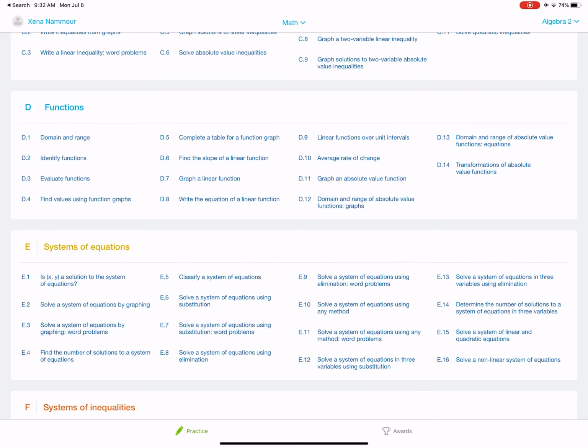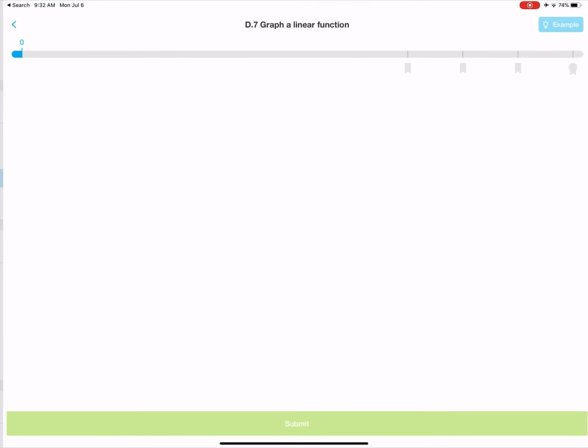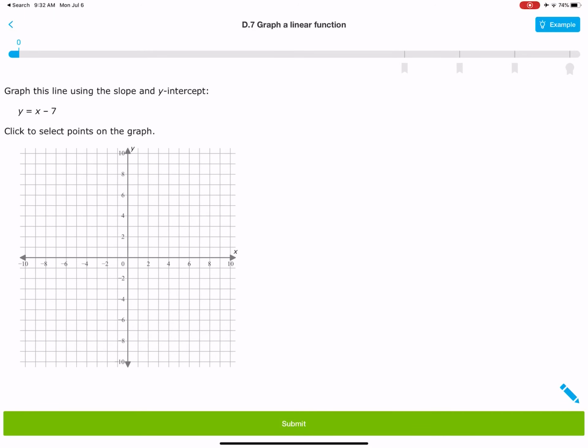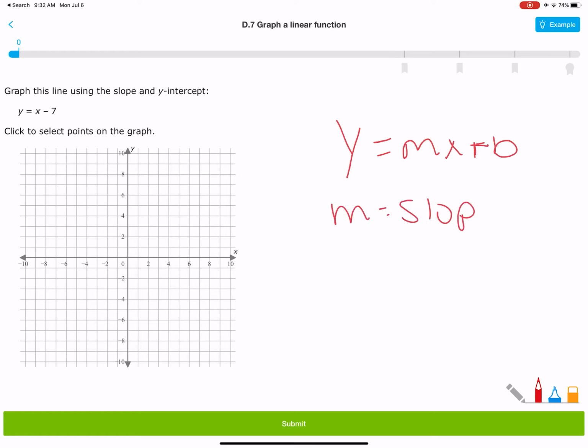Okay guys, so now we are going to complete D7, okay? And we are graphing the line using the slope and the y-intercept. So slope-intercept form is y equals mx plus b. M is slope, b is y-intercept. Okay? So,